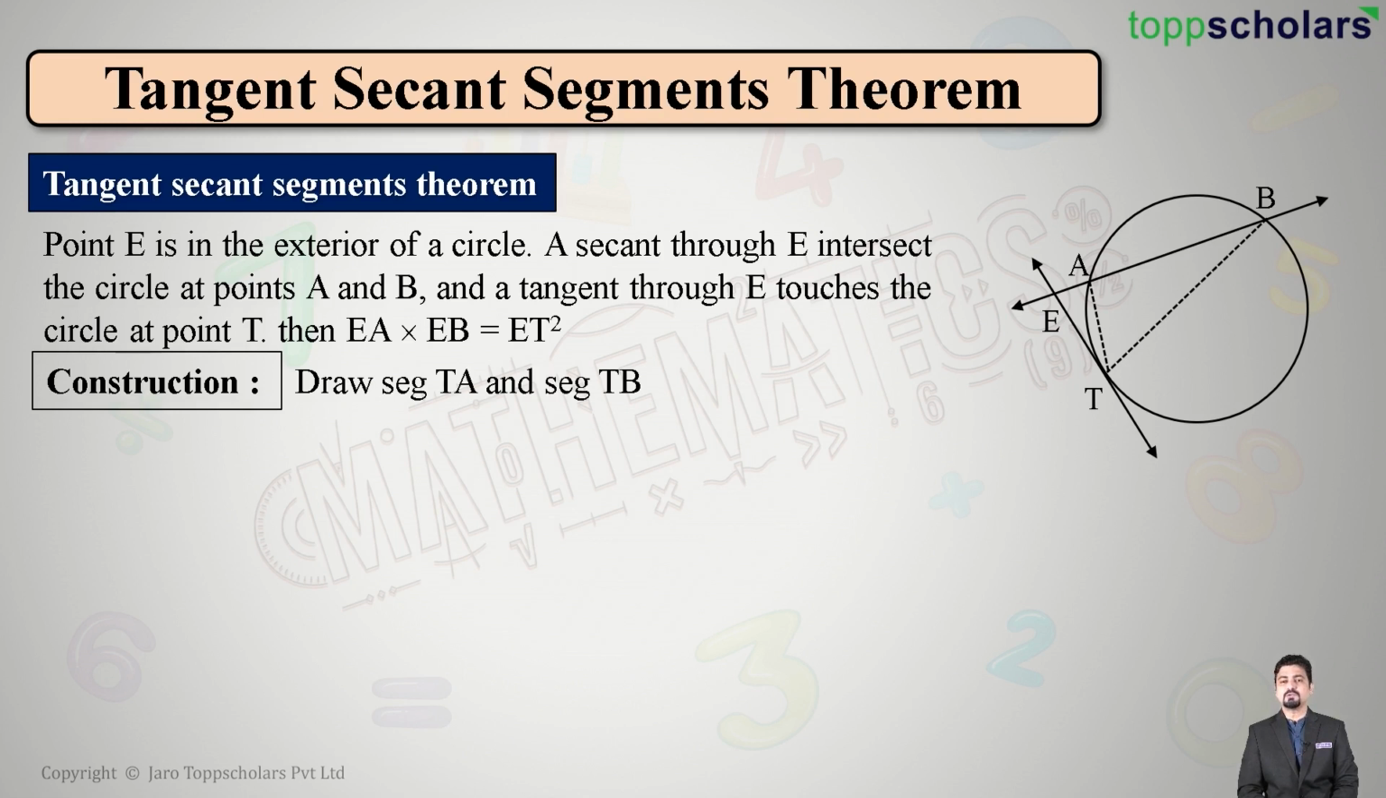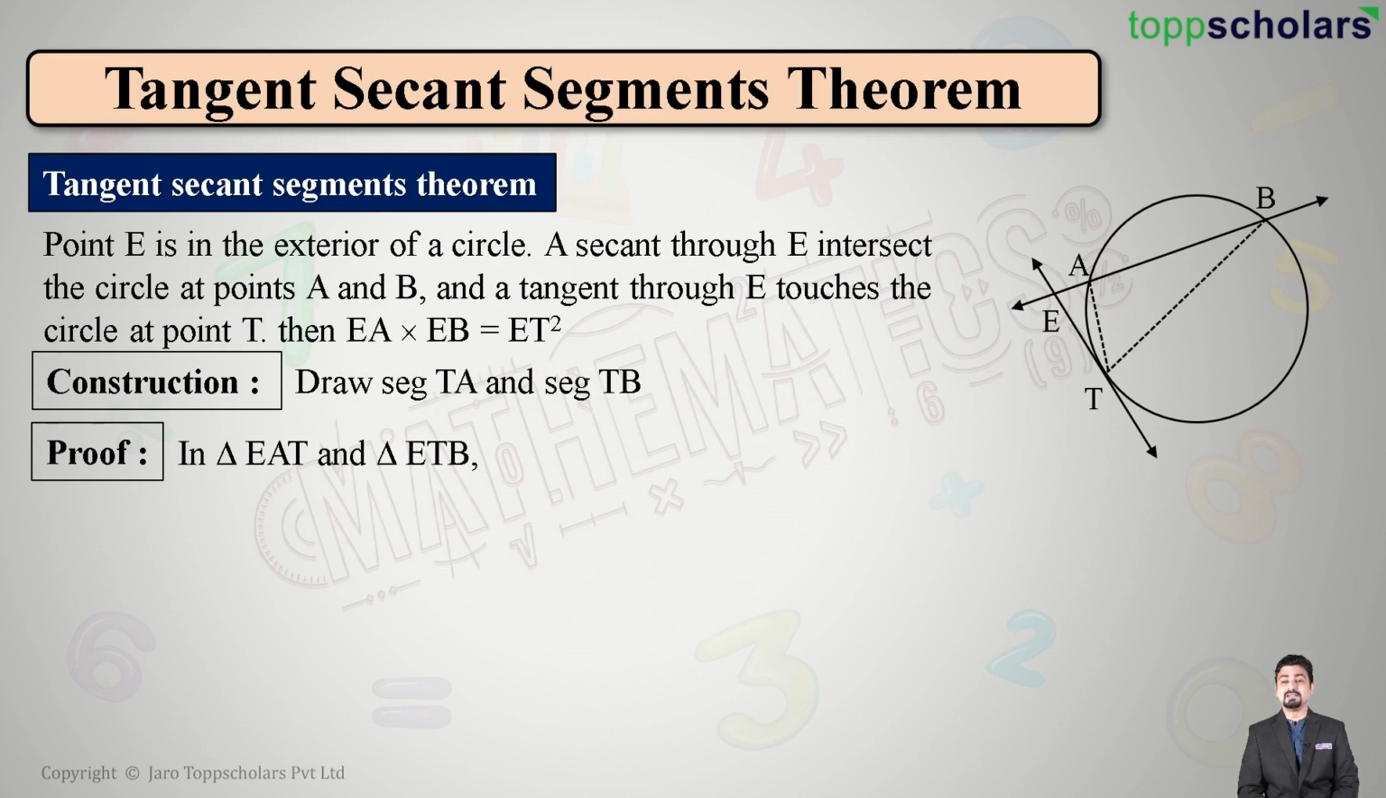Alright, let us try to prove it. We have done a construction. We have joined segments AT and TB. Then, in the two triangles, look at the diagram, students. Triangle EAT and triangle ETB, the biggest triangle. Yes, we are focusing on the small triangle on the left, EAT, and the big triangle